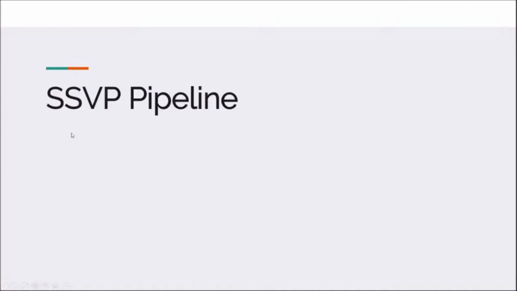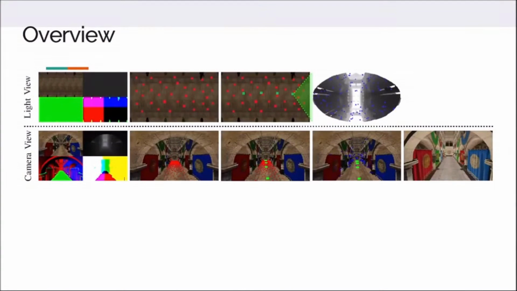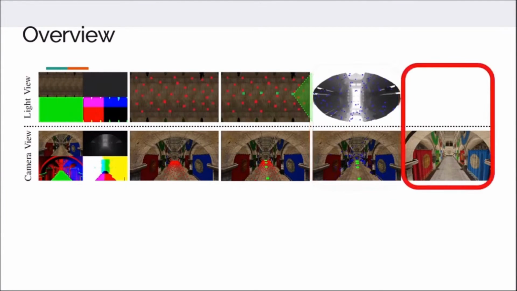Now we enter the SSVP pipeline. First, an overview of the method. Screen space data is stored from both light and camera perspectives. Light buffers are then sampled and VPLs are placed in the world. These VPLs are then clustered and the visibility maps computed for each centroid. These maps are then sampled again, and the second bounce VPLs are created with the projection-aware sampling scheme. The final scene then gathers contribution from all these VPLs.